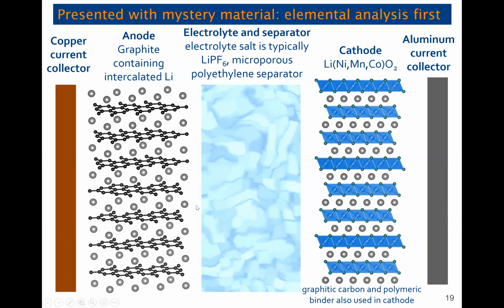Who knows what was most efficient for them. We know that the anode was probably graphite, so just layers of carbon, maybe with lithium in between. The cathode was probably a lithium nickel manganese cobalt oxide, which is this layered structure here, also with lithium between the layers. And they probably used a polymer separator of some kind. And then in the electrolyte, we can guess that there are some salts from that too,